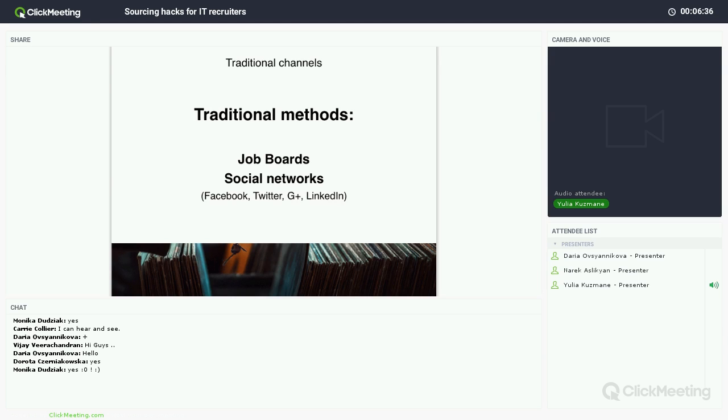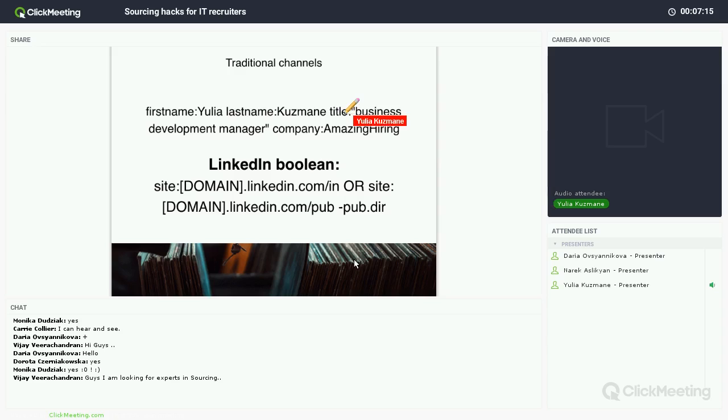Okay, so all traditional methods, traditional channels of getting more information about our candidates are quite well known, so I won't be focusing on them today. Basically, we always search on job boards and probably we don't find anything there, so we will skip that. And of course, we source on social networks, in Facebook, in Twitter, in Google+, in LinkedIn. There are different ways how to source in social networks. Today I will share some of the tricks that we find useful. But if we talk about LinkedIn,